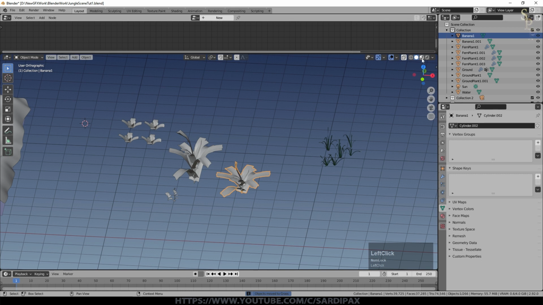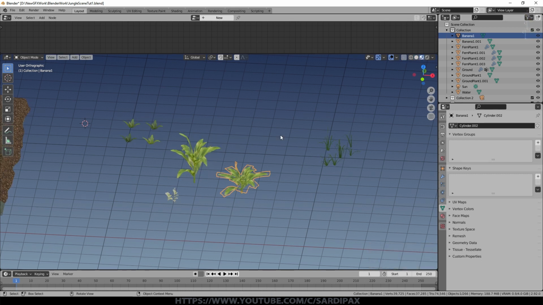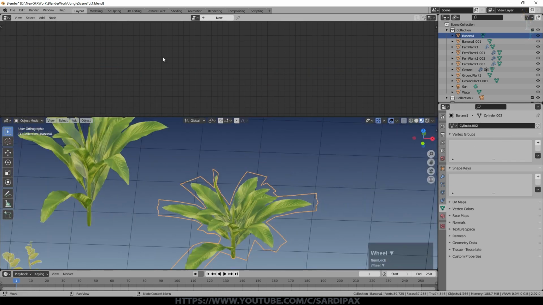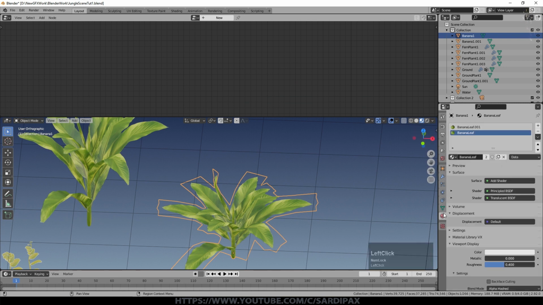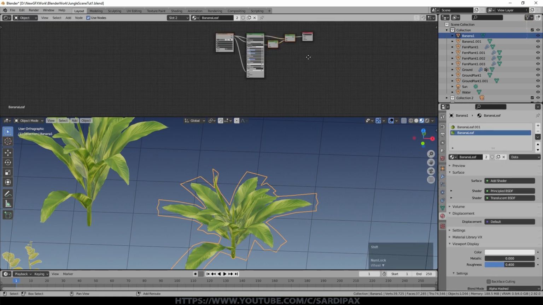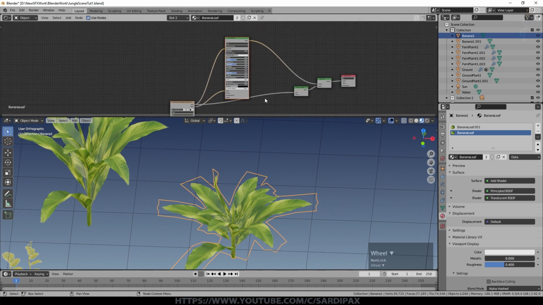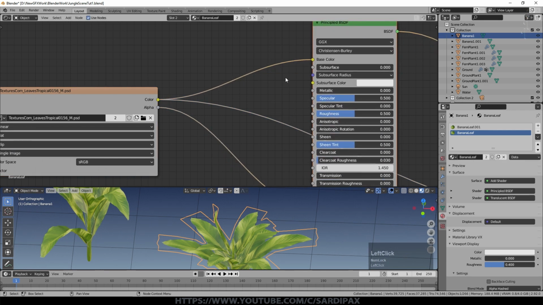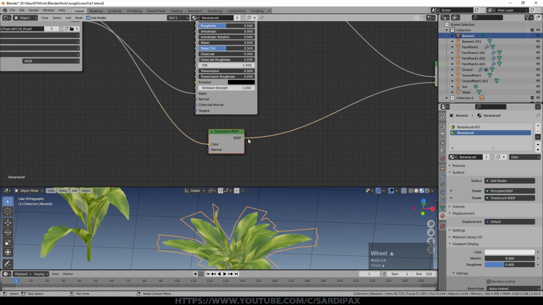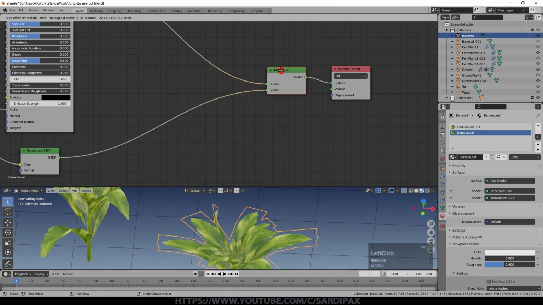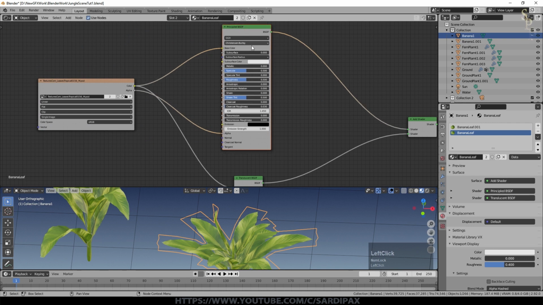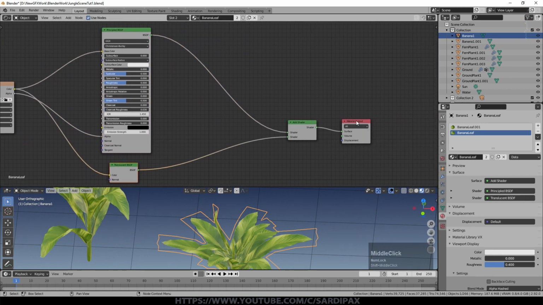These are my banana plants. So this is literally just a banana leaf edited in Photoshop to give it a transparent background, and then imported in with images as planes and a bit of geometry added. So I'll just show you what that looks like from a node setup standpoint. It's not that complicated. So there's our principled shader. There is the image of a leaf. Color goes into the color input on the principled shader. I've also got it feeding into a translucent node, and then there's an add shader which adds the diffuse and reflective output from the principled shader to that translucent, and then that is our material output.